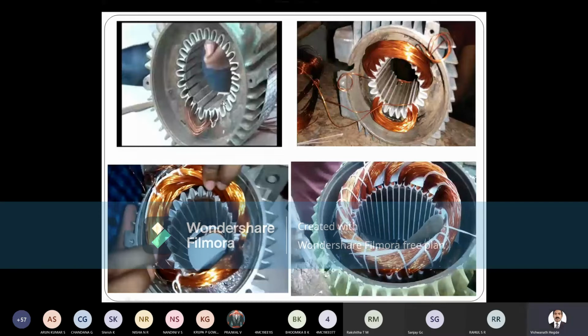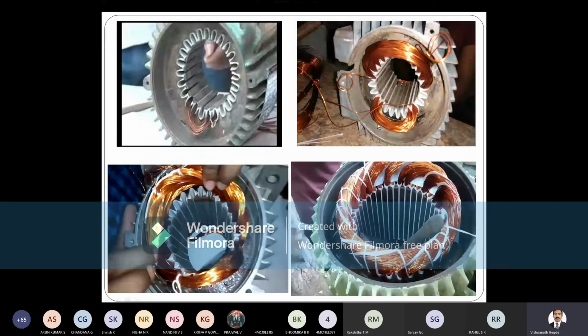See, in the slots, the slot liners are placed, and then winding is placed in one of the coil. One coil is placed, or rather, two coils are placed here. Okay, and then the right top one. See, more number of coils are placed in